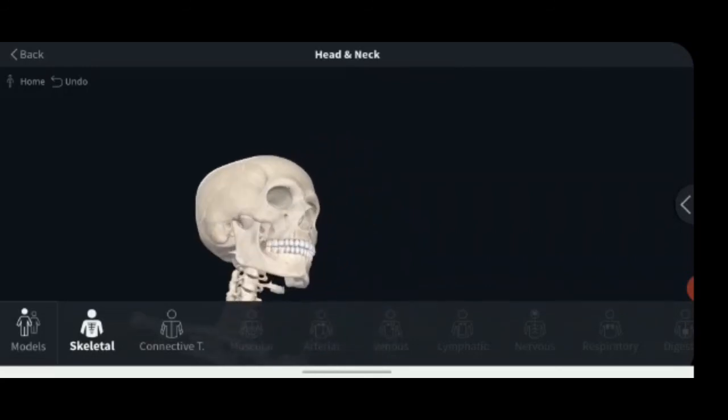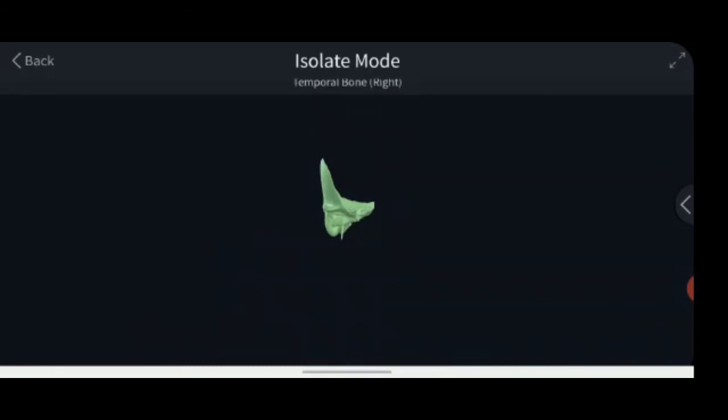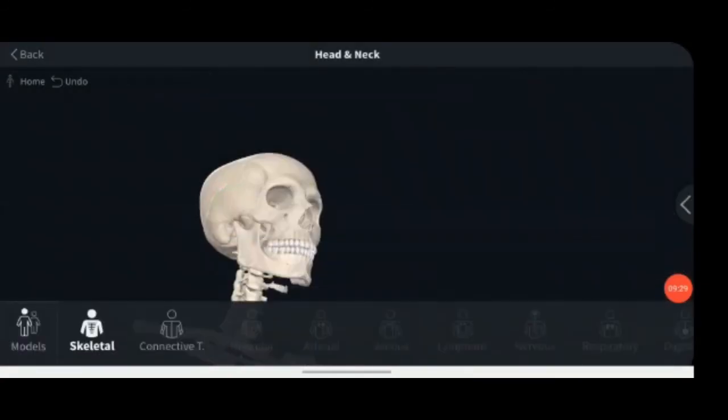The other way is to study the individual cranial bones. So there are two ways we can learn. For example, this is the temporal bone. We can isolate and separate it and learn the temporal bone separately. So like this, we can study the skull in two different ways. This completes the introduction to the skull. We will learn the normas in the continuing classes.